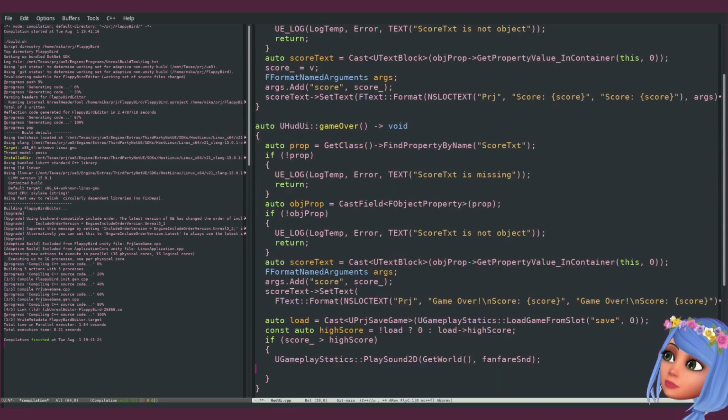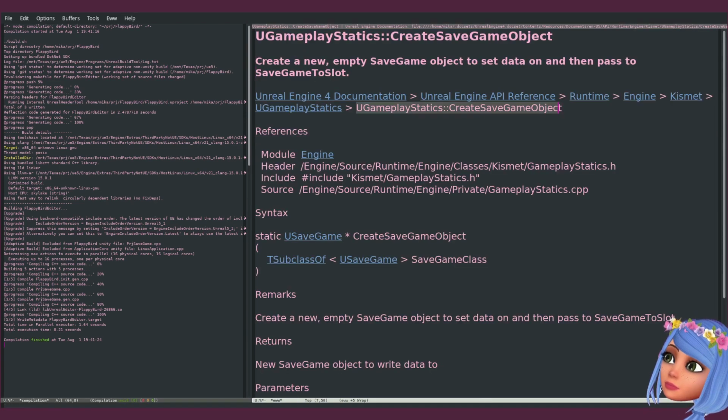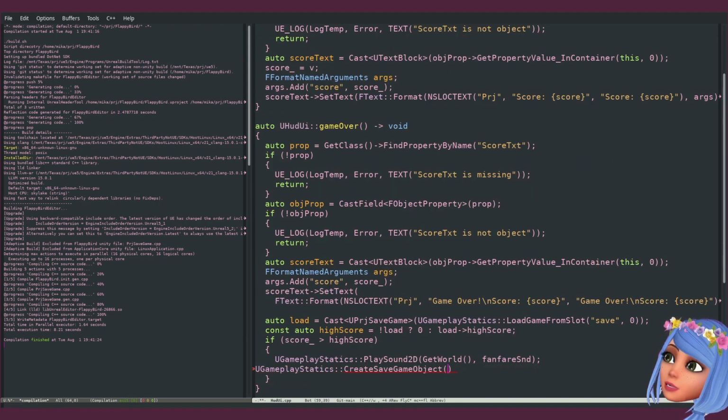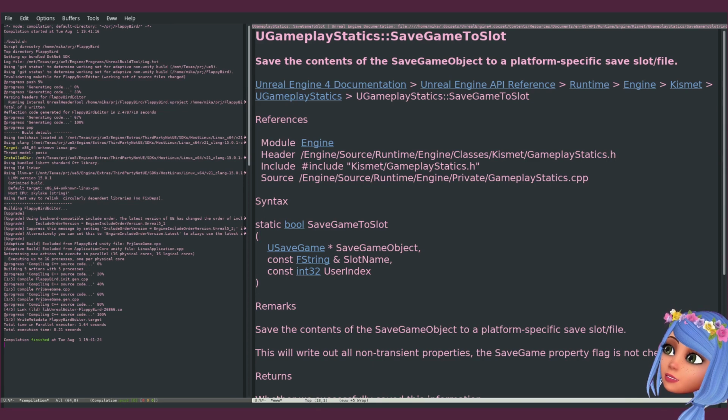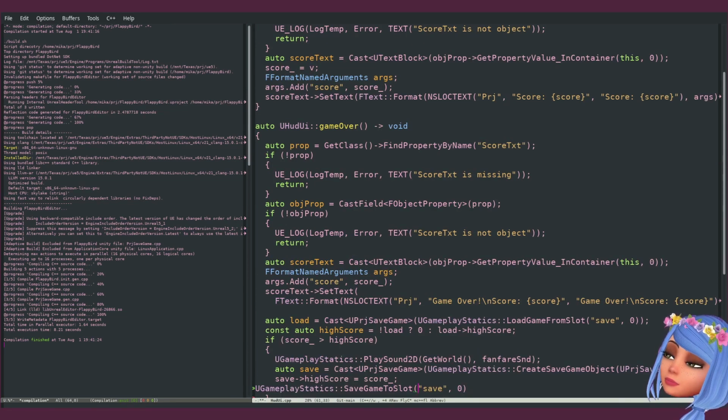So we need to call this guy, create game save object, save game class, new project save game static class, and unfortunately to save equals cast to this guy, and then save high score equals score, and then we need to save game play statics, save game to slot, save 0, save game to slot name. Okay, so first is a save object, which is save.